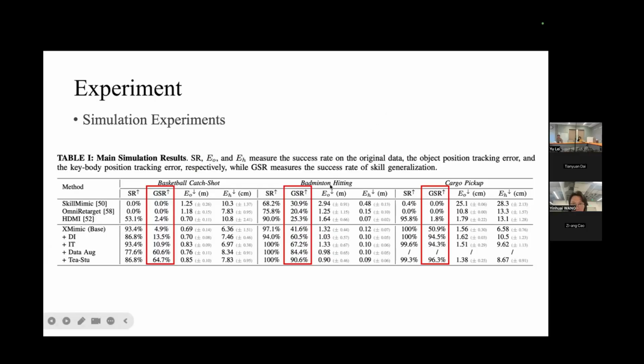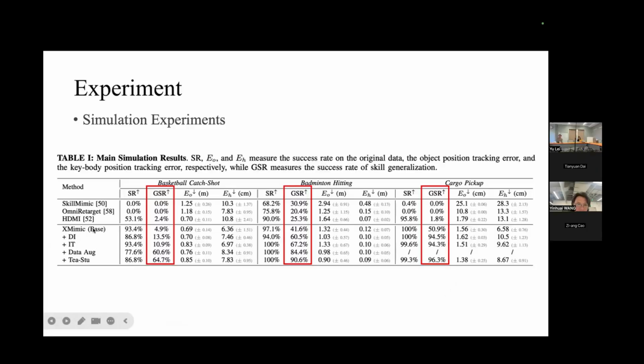The badminton hitting task is simple: a badminton is flying toward a humanoid, and the humanoid hits the ball. The third task is cargo pickup, which means a cargo is randomly placed in front of the humanoid, and the humanoid will come to the cargo and pick it up.